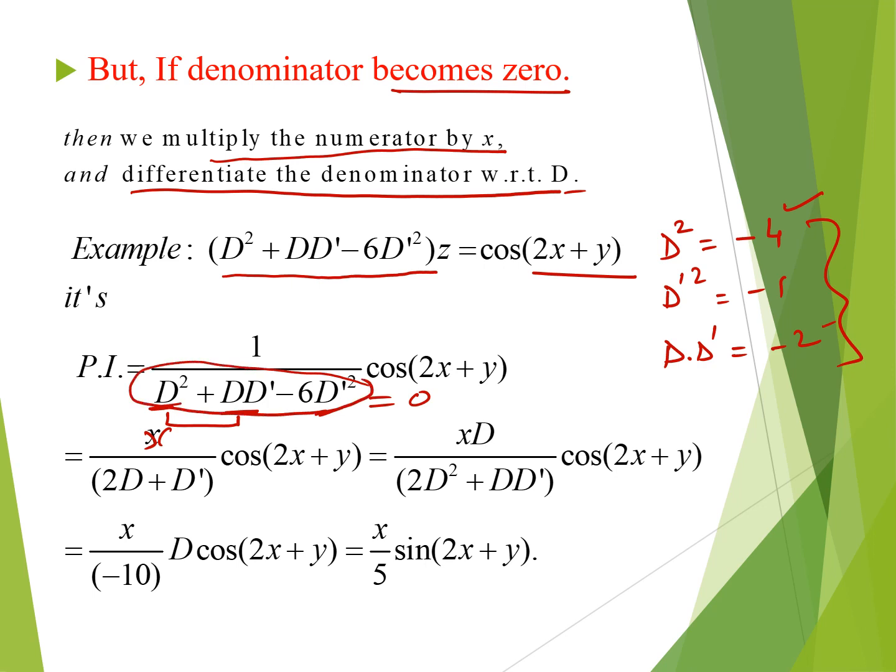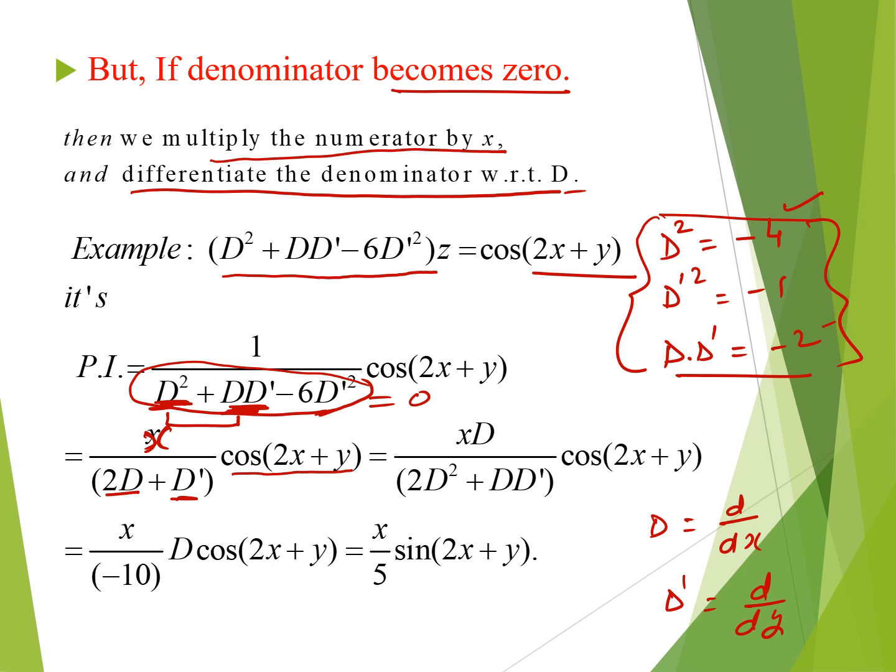Then we get the differentiation of D square is 2D, differentiation of D dash is D dash only, and x is multiplied on the numerator side, and cos 2x plus y. Again, D stands for d by dx and D dash stands for d by dy, but in cos and sine we have to replace the values according to these D square in the power of 2, so we multiply it with D in the numerator as the denominator. D is multiplied on the upper side and in the denominator, so we get 2D square